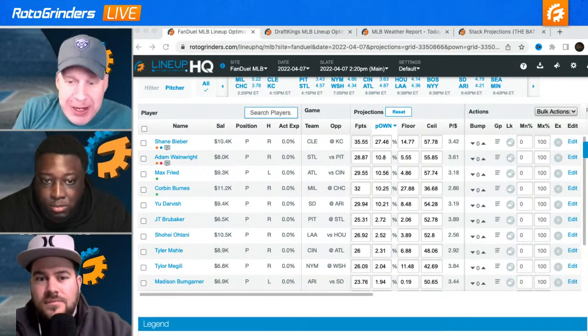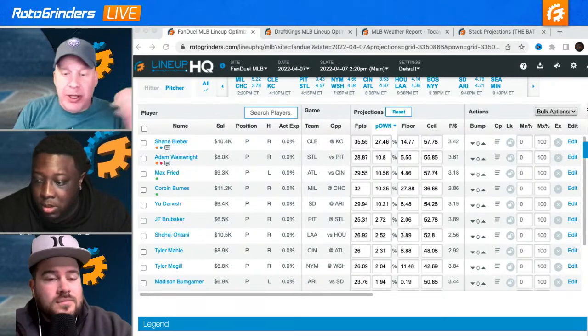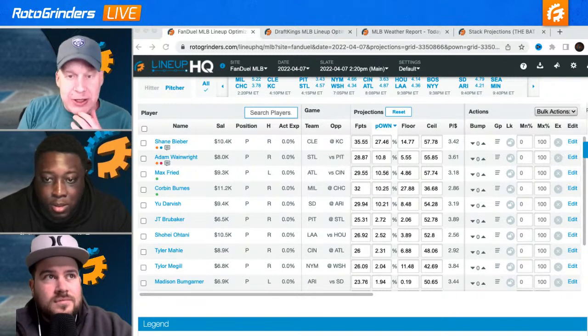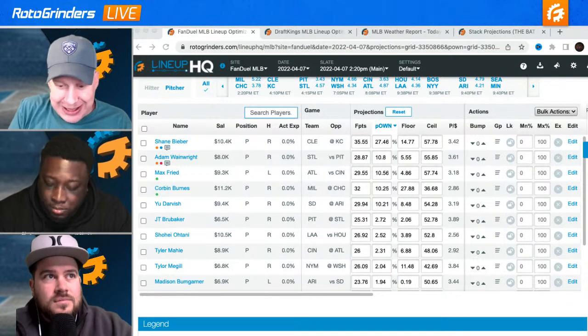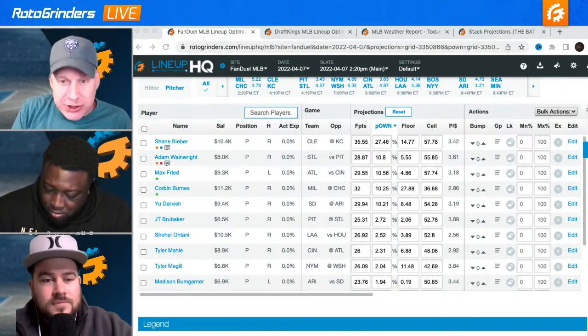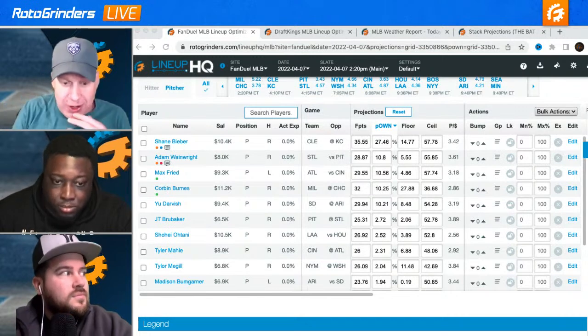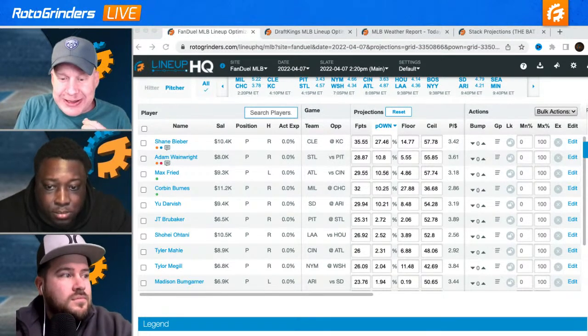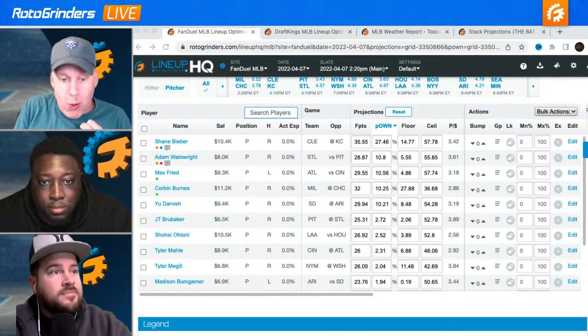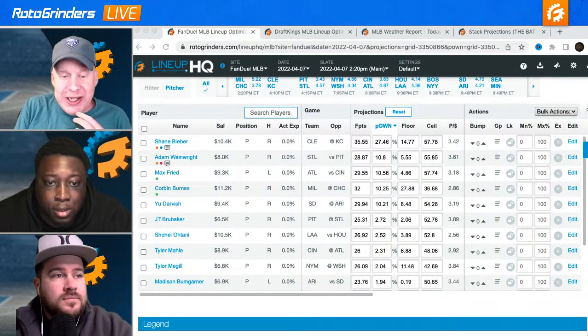Like you could say Shane Bieber. It's like, oh, why don't you just stack against Shane Bieber? We have his projected ownership at 38% on DraftKings. It's like, well, I need to pick 2. And it's not like there's a great many good pitchers on the slate, and the pricing I don't even care about because you could fit anything you want in on DraftKings. So I look at these 20% owned pitchers like Ohtani, Fried, Darvish, Wainwright, and I look at the difference between